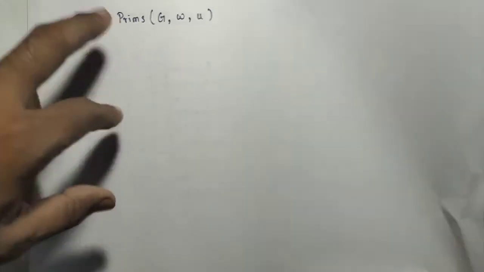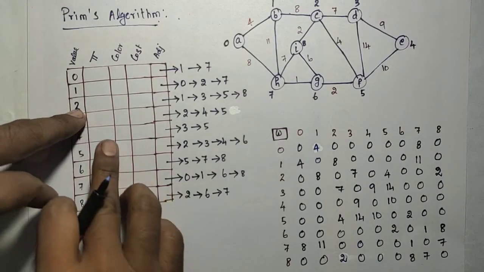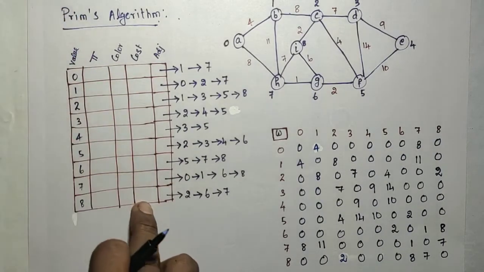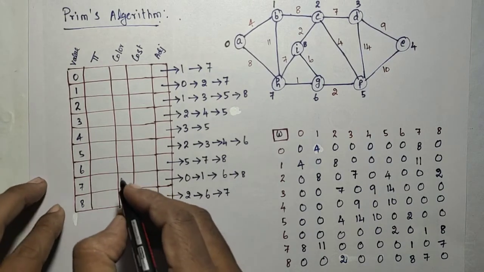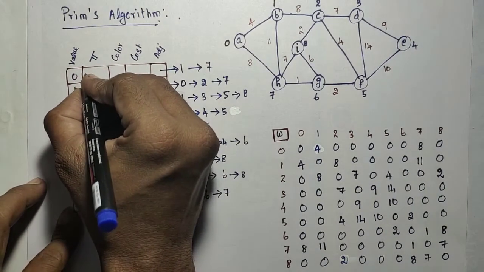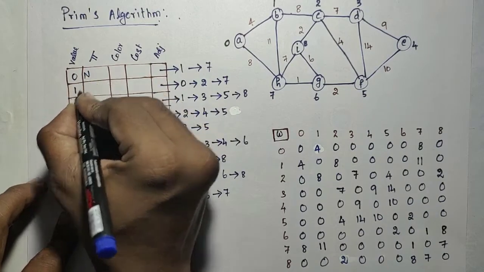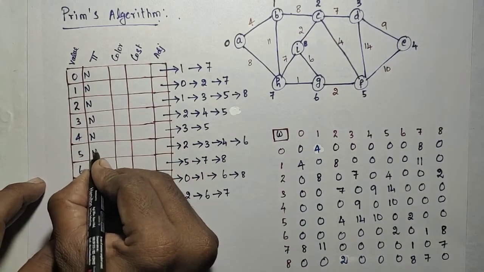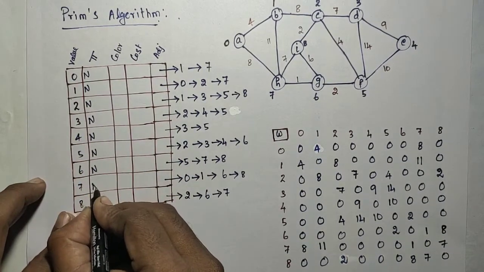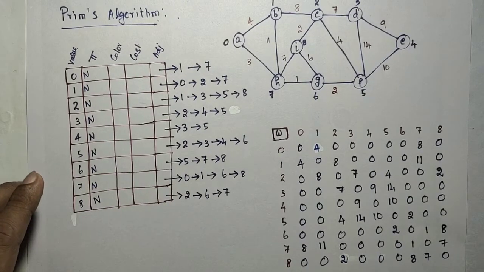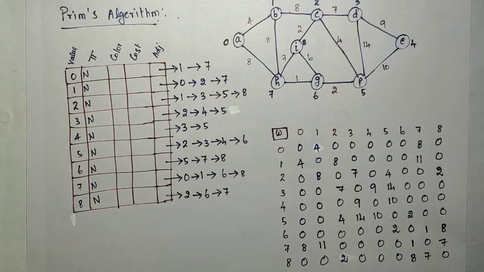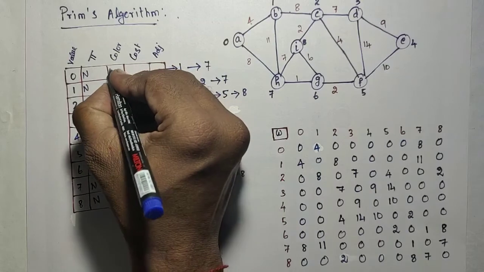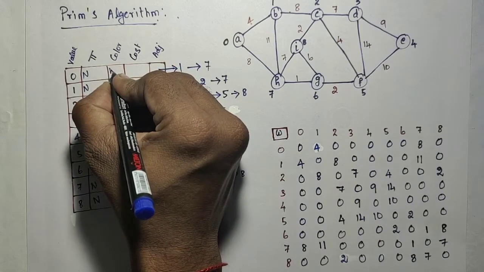So the first step in that algorithm is you fill all these things: parent, color, and cost, the default values. The parent for all the nodes will by default be nil. So far we have not determined any parent. From a program point of view, we need to fill this with -1, because it is going to hold the index of that parent. Similarly, the color initially is white. All are unvisited, so white.